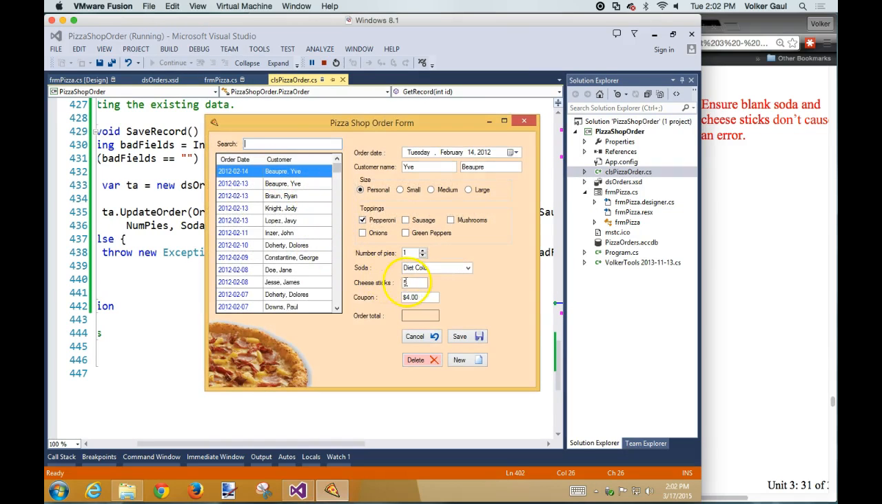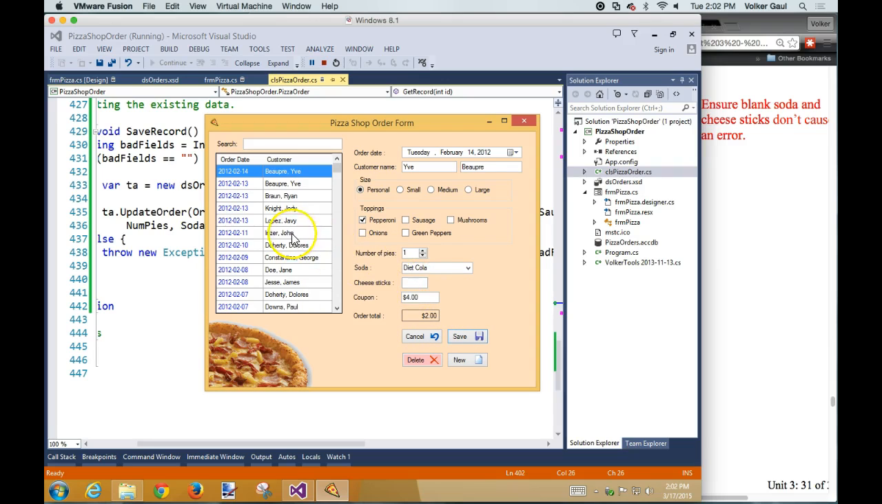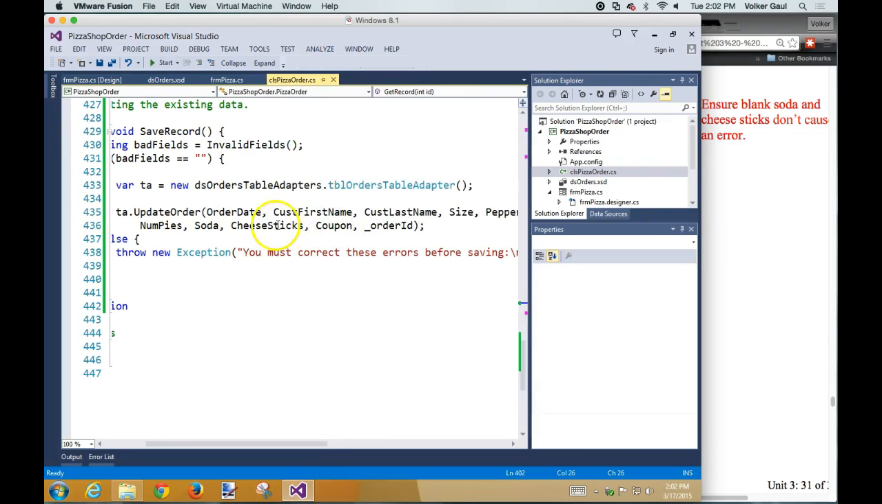Let's go in here, this first record, and say, you know what, he's decided he doesn't want any cheese sticks. Save. No problem. Blank. Leave. Come back. Blank. No problem. So that's cool. So we don't have to worry about that with cheese sticks or coupons. However,